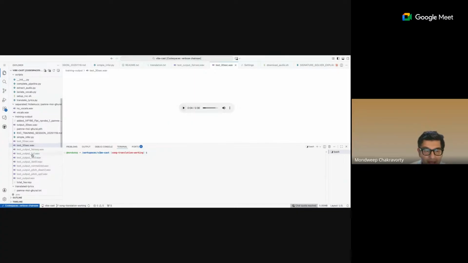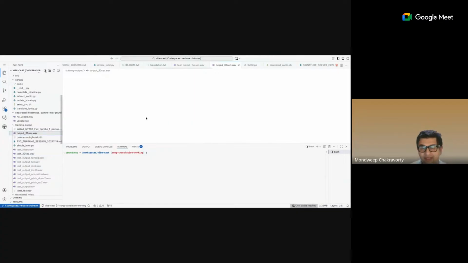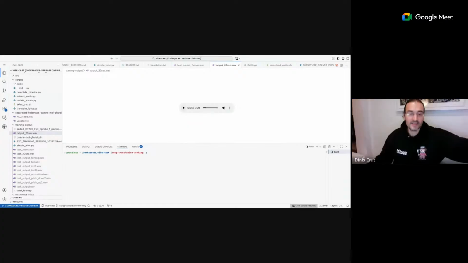But if I now play the output clip, this is the thing, it's very robotic. It gets the timbre of the sound, but I just couldn't get rid of that hissing sound. Basically, the tonal quality of the voice is correct, but it's this robotic bit. But I'll maybe catch up with you, Linus, if you want to show me how to do this decoupling later on. Yeah, let's sync up.